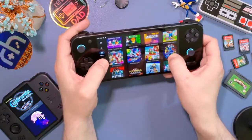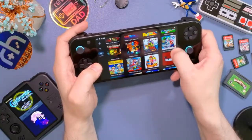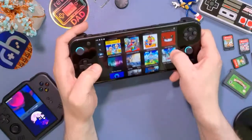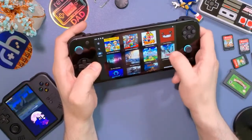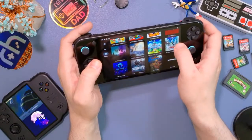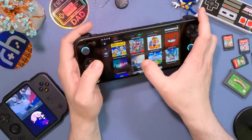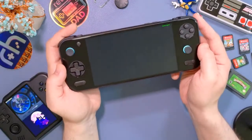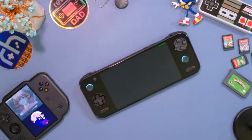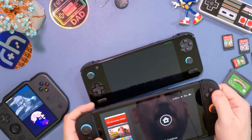Let's see. We already did Mario Kart. We did Mega Man. What's one that really pushes Switch emulation? Do you all know? Zelda usually is pretty annoying, yeah, Breath of the Wild. Mario Odyssey will probably push it. It's going to be Nintendo's IP. Yeah. This is another game I own, Nintendo, by the way, but I own it as a digital copy on my Switch too. So why don't we just pull up